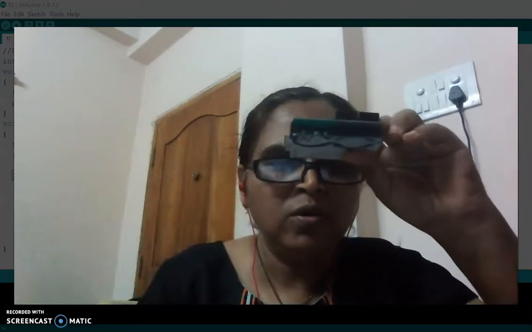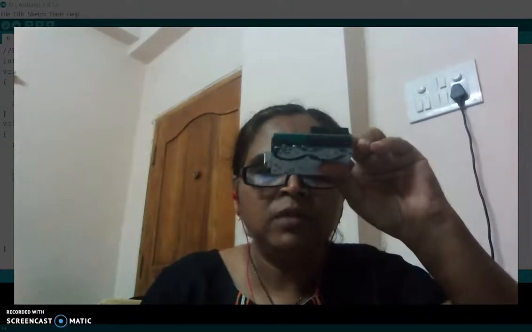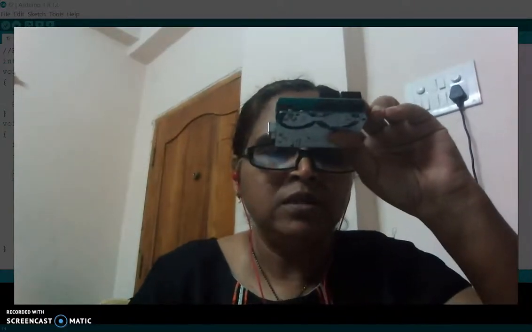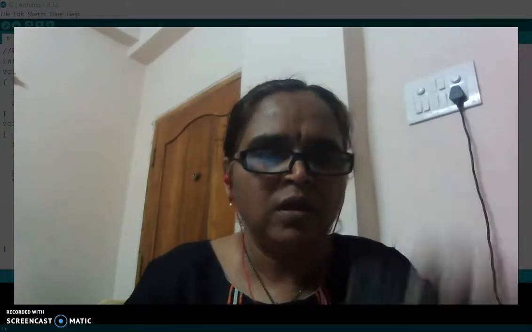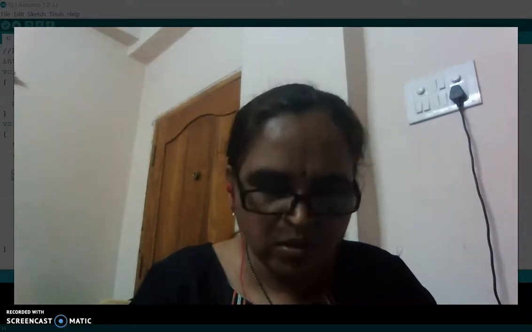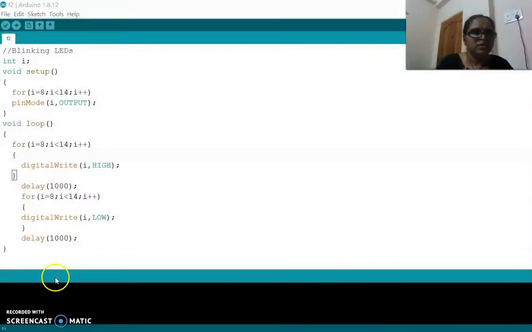So you have to declare the 8th pin to the 13th pin as output, because these pins are going to give logic high or logic 0 to the LEDs. That's why I have taken a for loop to declare those 6 pins as output mode using the pinMode function.